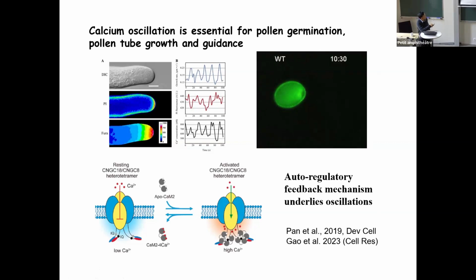So this is a pollen grain. Before germination, you already see the oscillation of the calcium here. And then upon germination, it follows the tip of the pollen tube. It's also flashing. Flashing means oscillating, right? So we can look at this one more time. Flashing, going up and down like this pattern. The germination, following the tip of the pollen tube. Flash, flash, flash. Yes, and this process involves calcium oscillation.